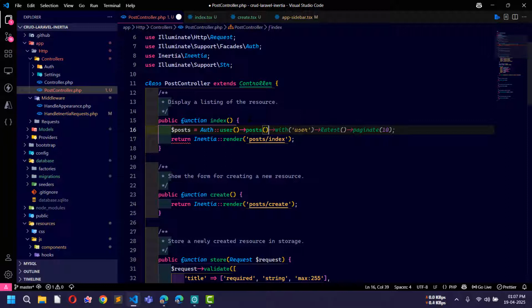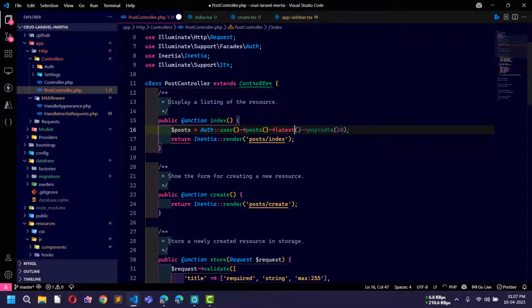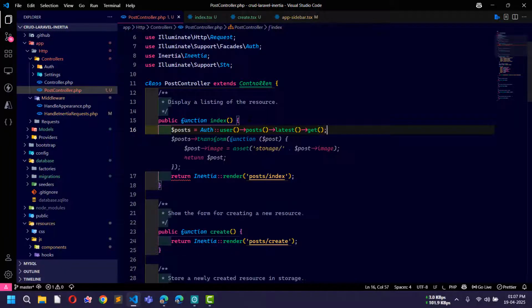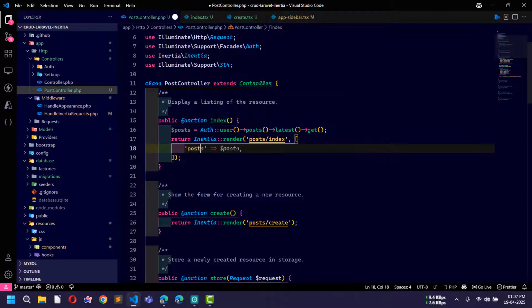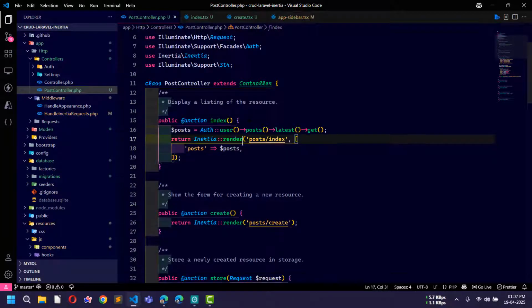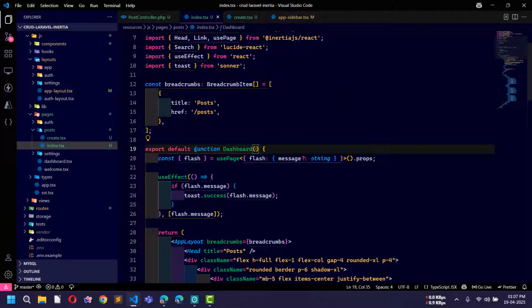posts relationship which I already defined, and here I will use latest, and then I think latest, and just use get, and here in array I will pass posts is equal to posts. Okay, now go to index.tsx, and here I will use